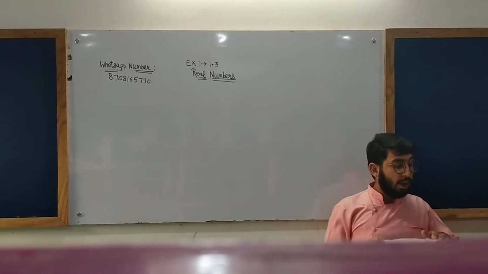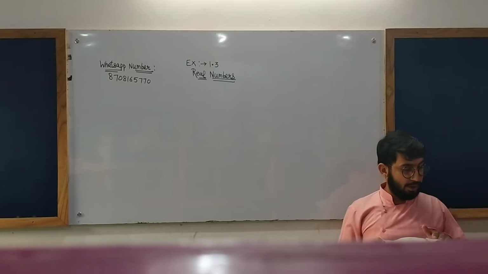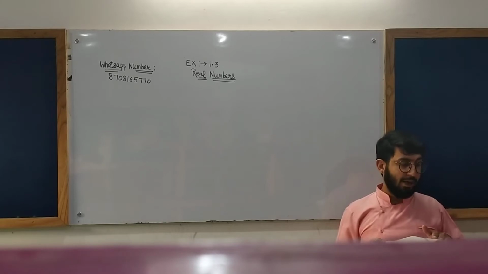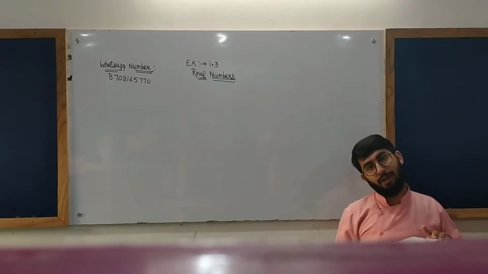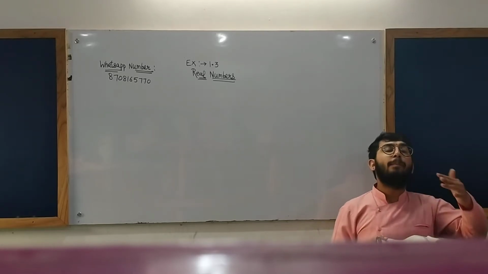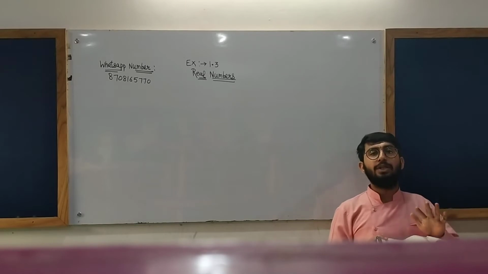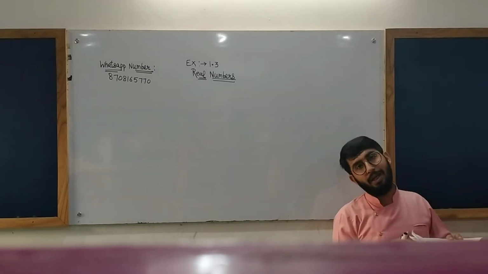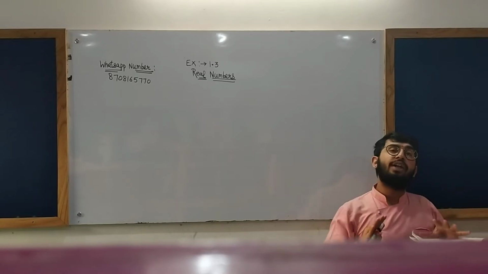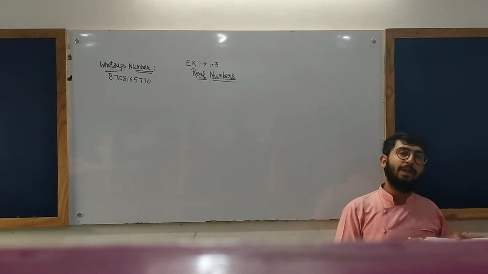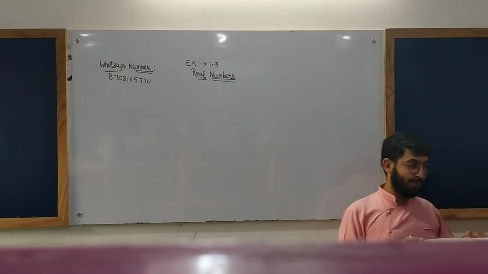Listen to me carefully. Look at several examples of rational numbers in the form p by q, where p and q are integers with no common factors other than 1 and having terminating decimal representations. Can you guess what property q must satisfy? It is asking about the property which q, that is the denominator, satisfies if the rational number has a terminating decimal expansion.